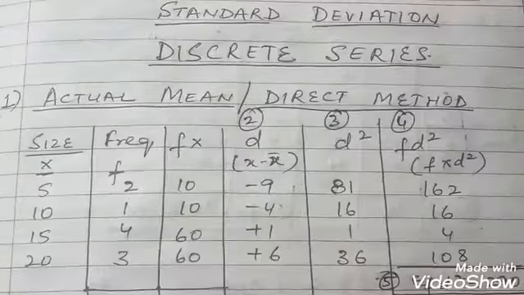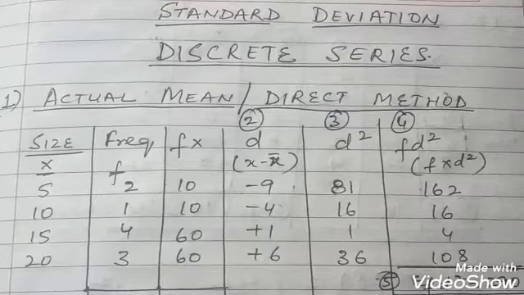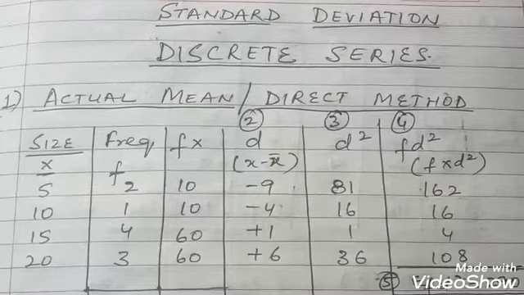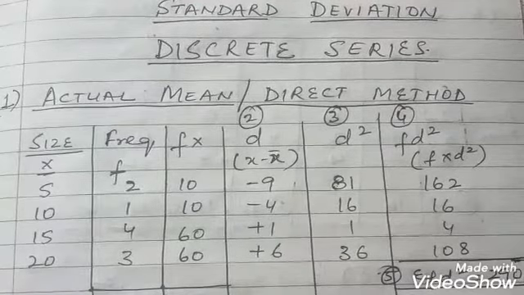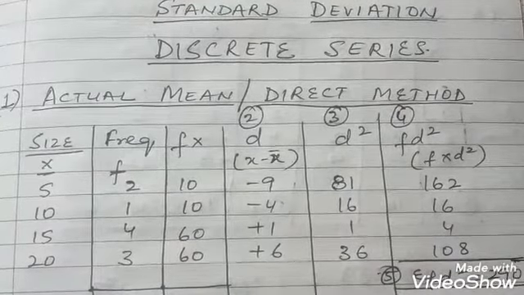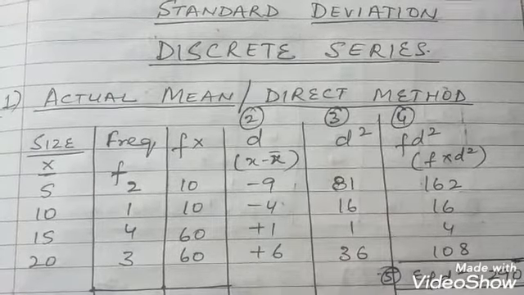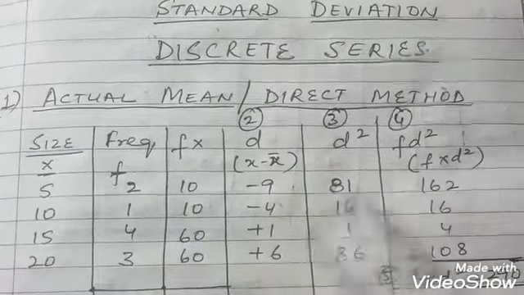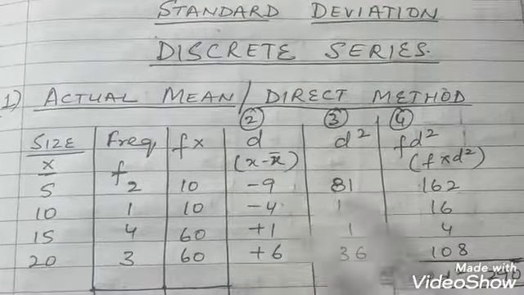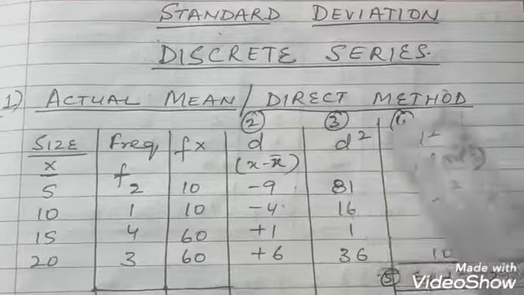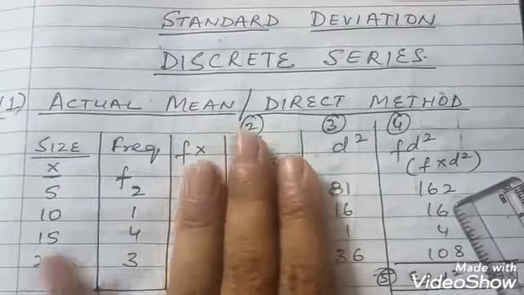Right? Let us understand today children, standard deviation in case of discrete series. Like individual series, we again have three methods in discrete series, namely actual mean method or direct method, shortcut method, and step deviation method. I'm first going to be explaining to you standard deviation, discrete series, actual mean method, or direct method. This is going to be a numerical. Can you see the X column and the F column?